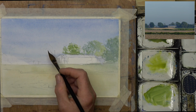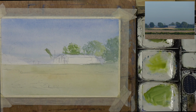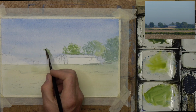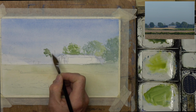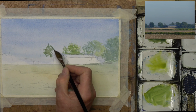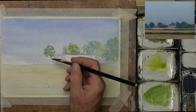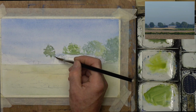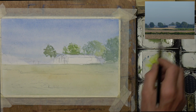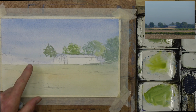And I'm just going to start looking at one or two areas in here, and I think I'm going to put some blue to that too, and I do want to skip around, and I want to leave some holes into this, as it were. Now I'm not as dry brush as I want it to be, but that's my fault. That's, you know, if you do as I've said as opposed to do as I'm doing,